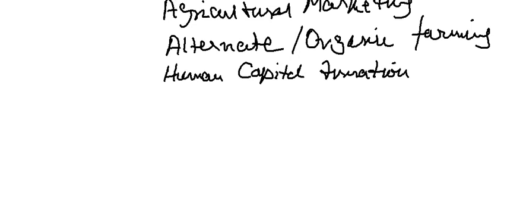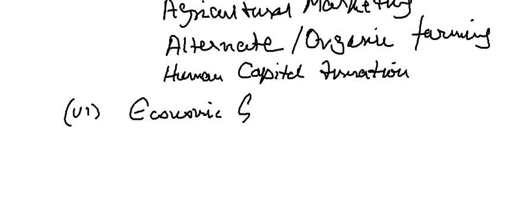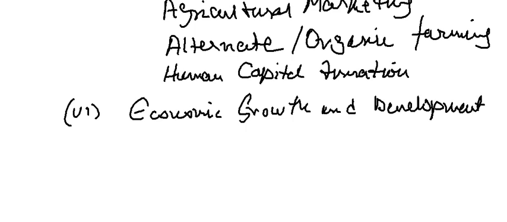So this is number 5, and there are two more points which you have to study under this subhead. The sixth part is economic growth and development. This you know already, unless you have not studied economics at class 9 or 10 level, in which case it is something new for you. And the last part which we will study under this subhead is sustainable development.